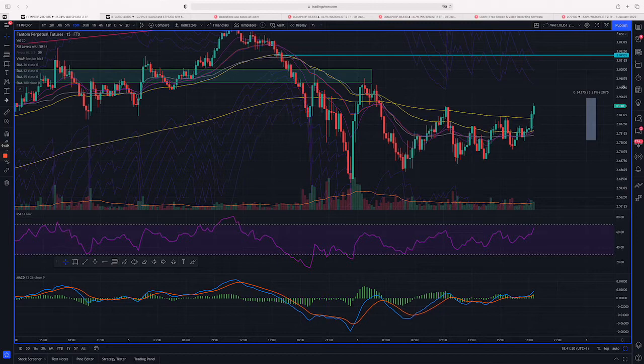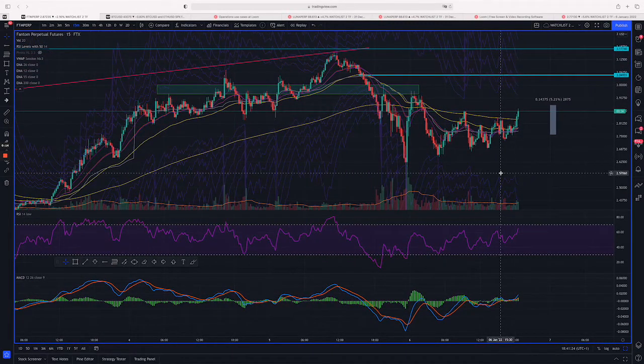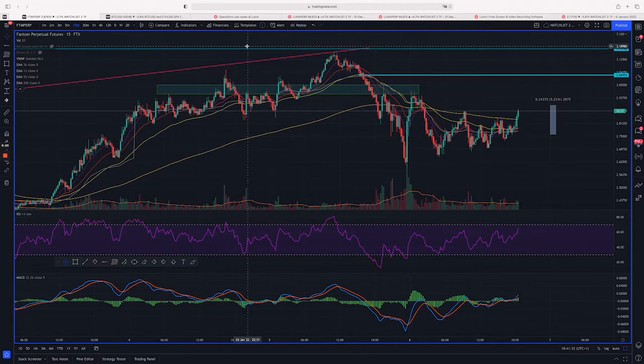A really big drop in many instances, and what kind of trades you can find after a big fear drop. We have Phantom here, FTM, after a big drop on the 5th of January, and this is now the day